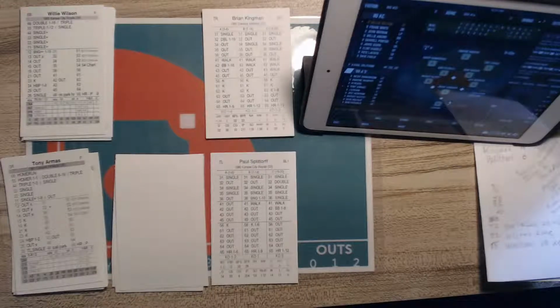So let's get down to it, we're pulling fast action cards. We are in the top of the 7th. The score is 2-2. And it's going to be a 52, which is a potential error on the center fielder. So we're going to pull a card. We're going to see if we can get, Brian Kingman's an A, by the way. 1-4 is a K.D. out, and it's got 20, so that's not going to work.